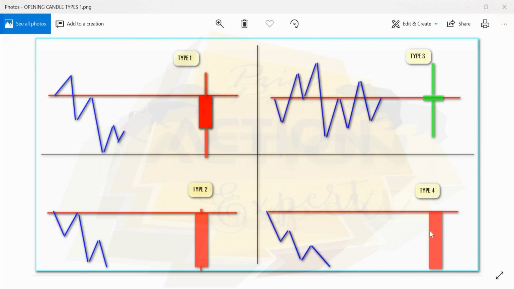In type 4, the price doesn't touch the opening price. It just went on to drop, and so on. All these patterns, this idea can be used opposite also. Okay, this can be a bull candle, the opposite can happen. I hope you get the idea. For example, type 4 could be a huge bullish candle, vice versa. The price starts from here and goes up, and keeps on moving up. Okay, now I will show you the